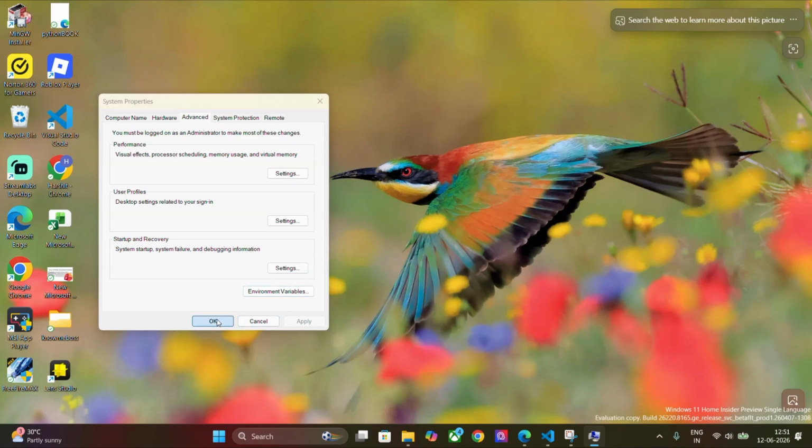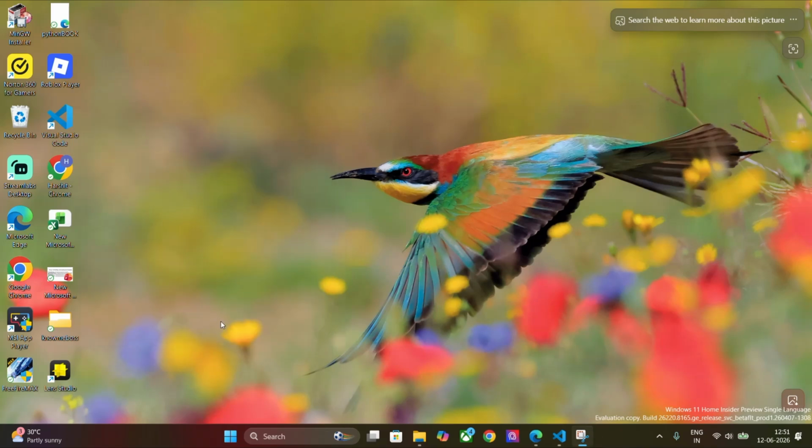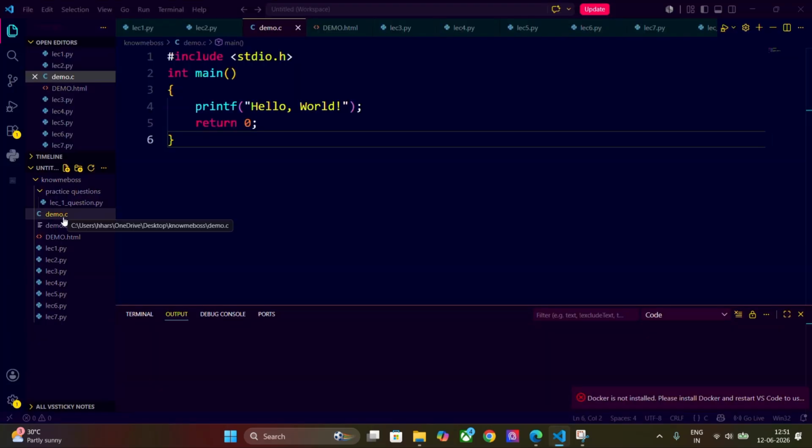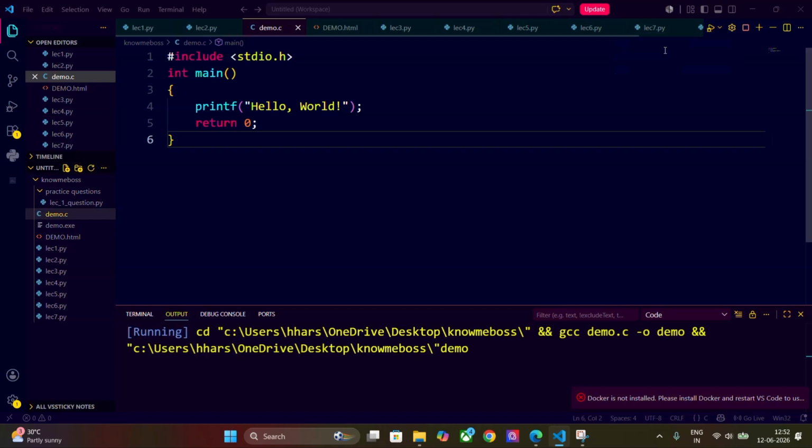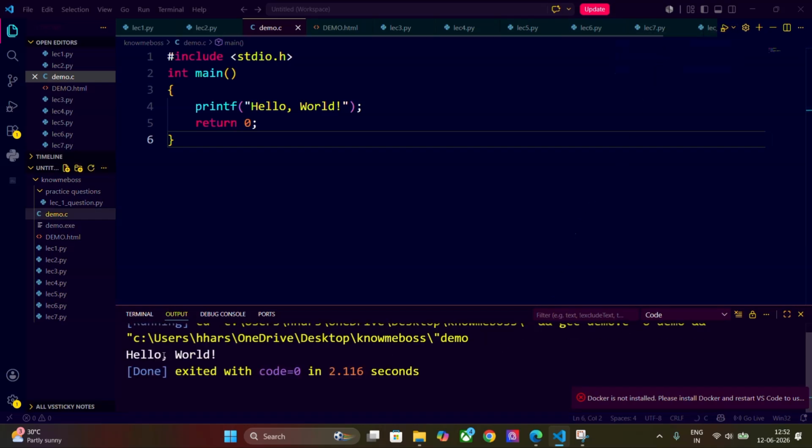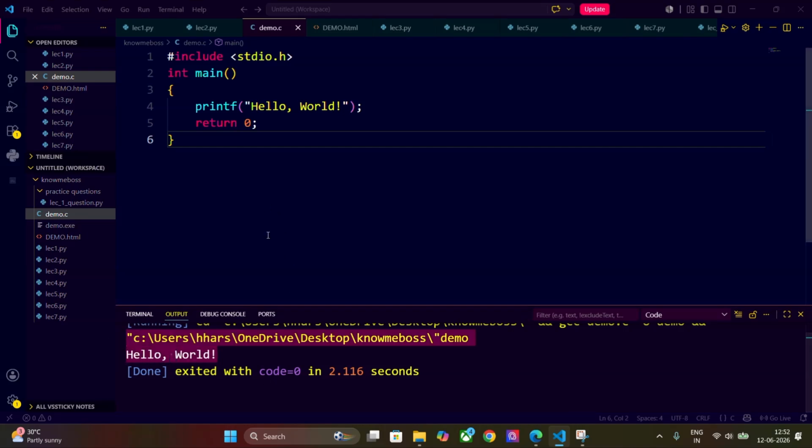Okay. Now what you have to do, you have to go on your VS Code, create a demo.c file. Here is the code, run the code, and here is the code working. So you have successfully installed MinGW and you can use